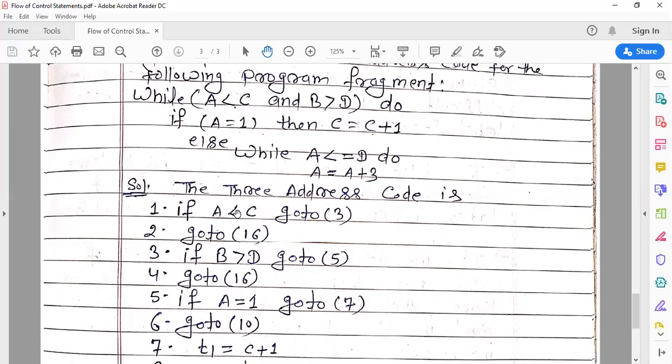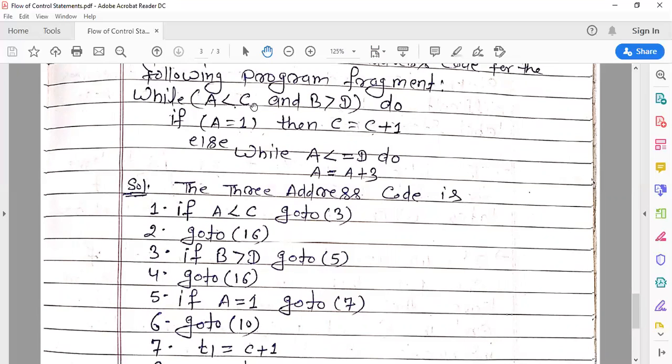So here in the 3 address code, if a less than c is true, then control transfers to 3. At 3, if b greater than d is true, then go to 5. What does 5 have? 5 has the code for the body of the while do.